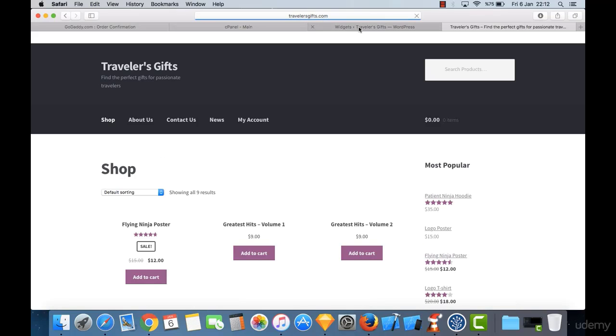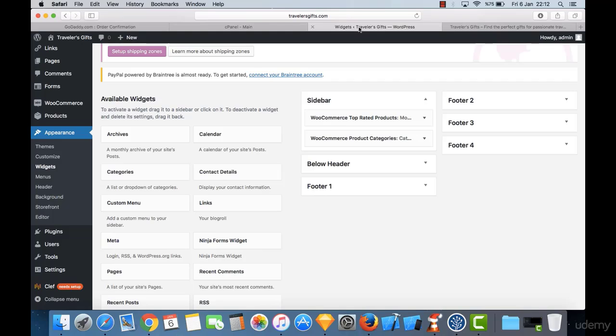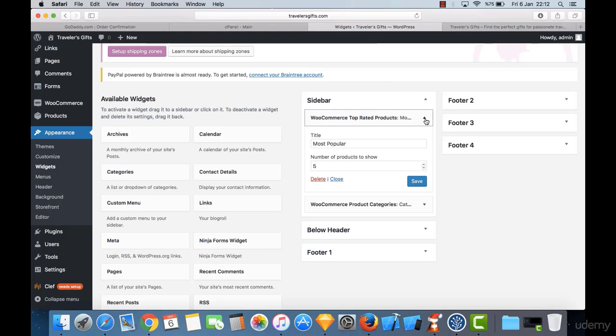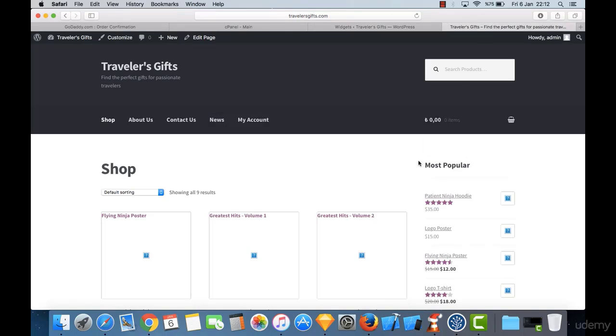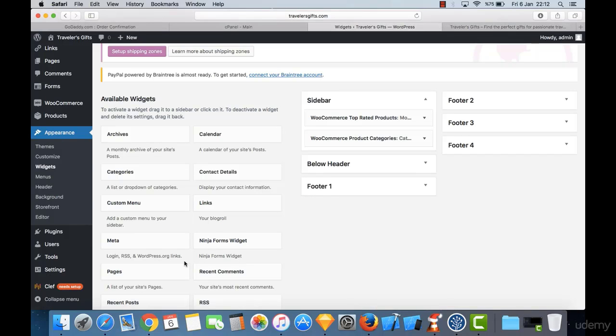Let me show you an example. We have a most popular sidebar here. We have a sidebar here actually. This is the sidebar, and we have some available widgets, and it's